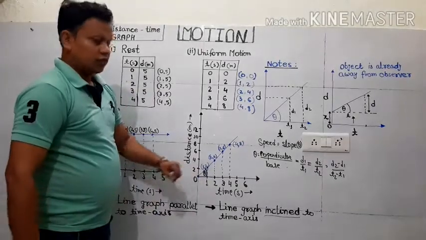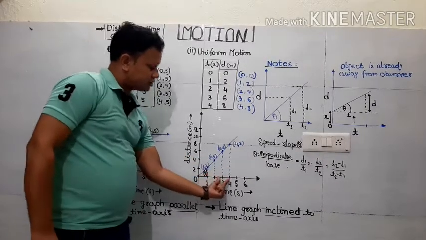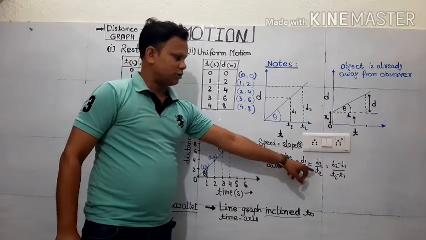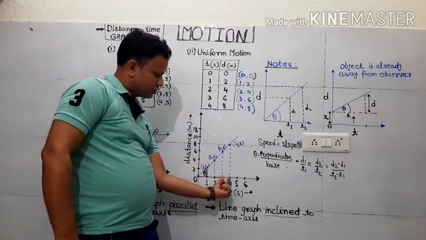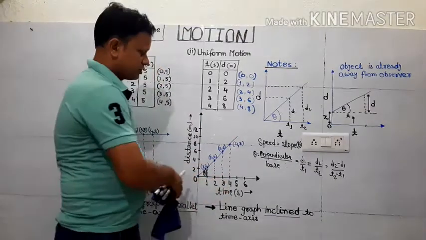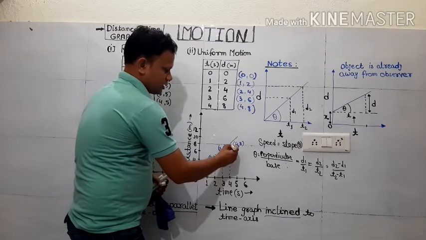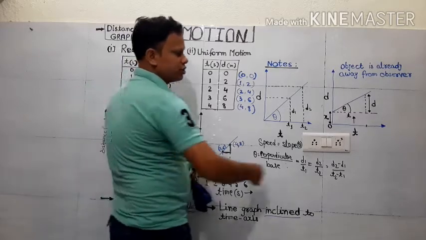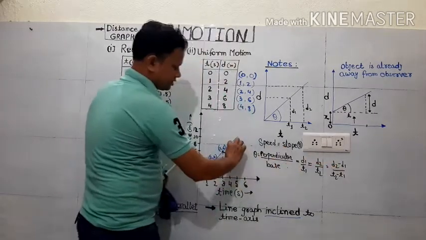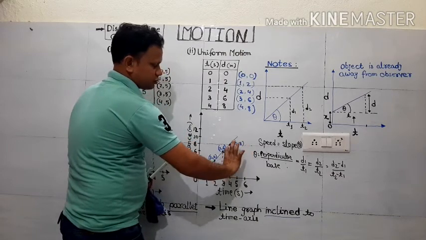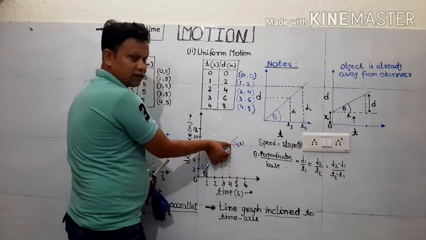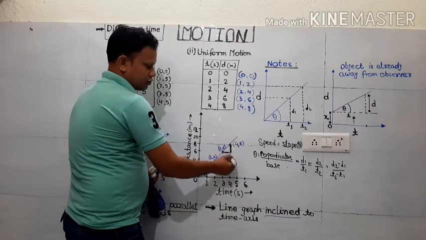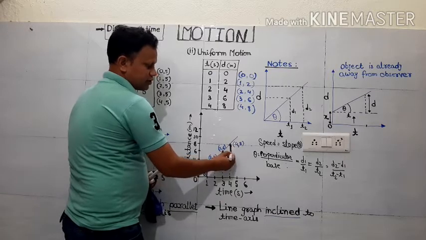So that's all. Now somebody is interested in this time interval. So there is a choice also. Suppose I have taken d1 by t1, d2 by t2, as I have just mentioned. Suppose somebody is interested only for this period of time. So it's okay. For this period of time, this will be taken as distance and this will be taken as time. In that situation you can write d2 minus d1, that means this length. So suppose this is d2, this is d1. We are only interested in this part. So d2 minus d1, we will get this length. So this will show the distance traveled in this period of time.